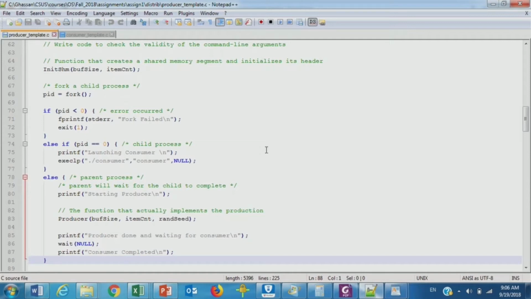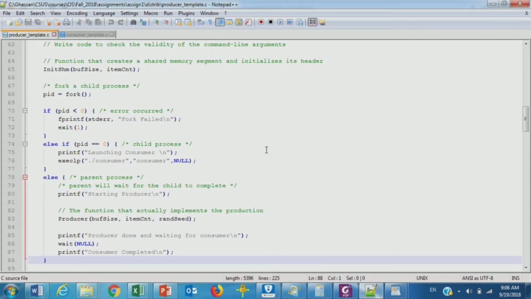Now the consumer, so the producer is going to wait for the consumer after it's done producing. During this time, they are running in parallel. In fact, once we launch the consumer, both processes are going to be in the system, and they're going to be running in parallel, and they will be competing for CPU cycles and other resources. And by the way, whenever two processes are running in parallel, we can never make any assumption about speed.